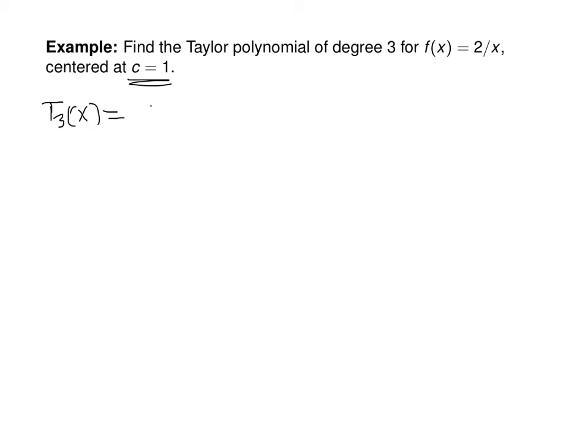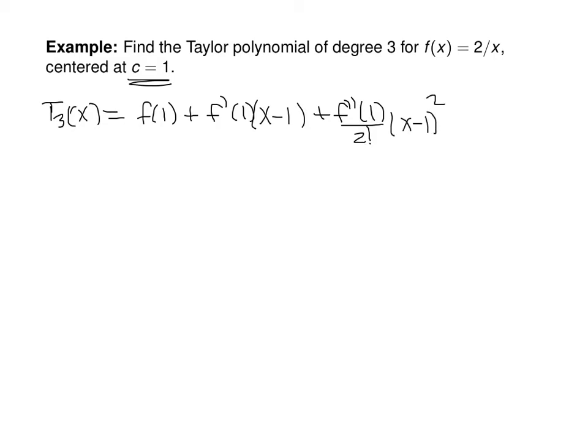That will be given by f of 1 plus f prime of 1 times x minus 1 plus the second derivative at 1 over 2 factorial times x minus 1 squared plus the third derivative at 1 over 3 factorial times x minus 1 cubed. Now, before we proceed, we need to find a whole bunch of derivatives. So, first of all,